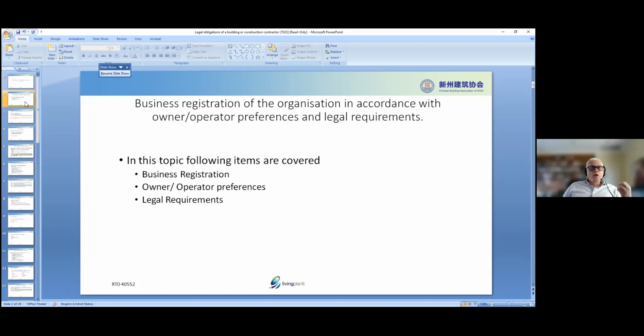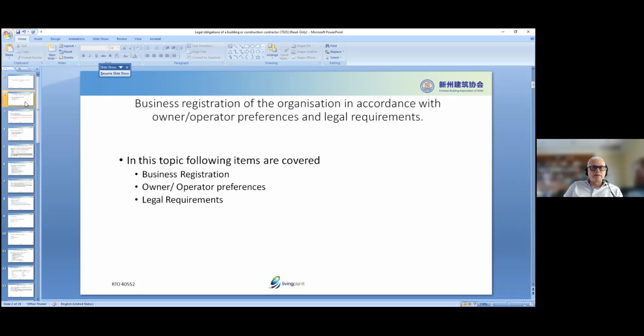Now, the way the structure of your business is set up really depends on your circumstances. It's something that needs to be discussed with your accountant and your lawyer, your solicitor, to see what is the right structure for you. Okay, because everyone's situation is different. Your financial situation, your experience, how you want to run the company. As I said, you may want to have a partner or 5 partners or 10 partners. So really it depends on your situation. But one thing's for certain, you need to set up a structure.